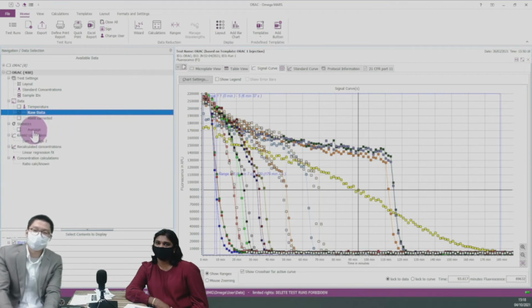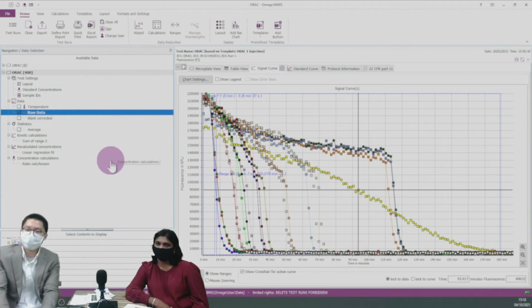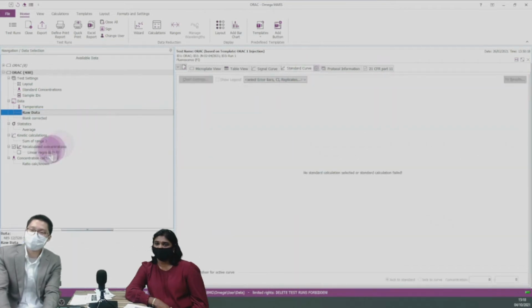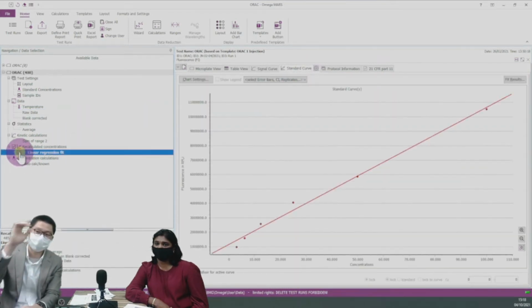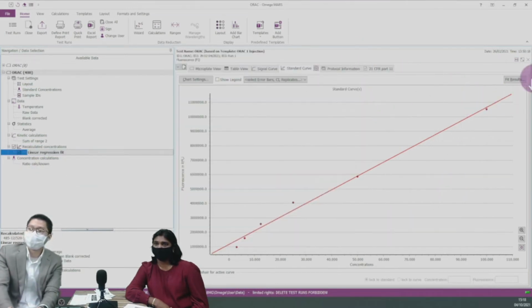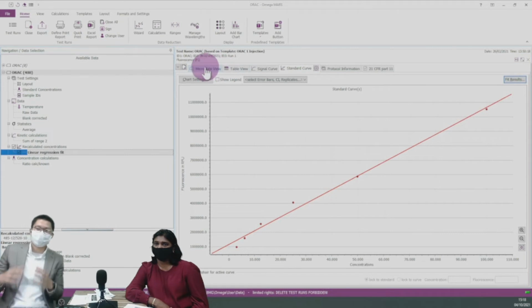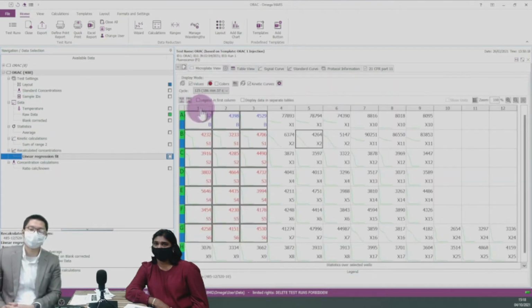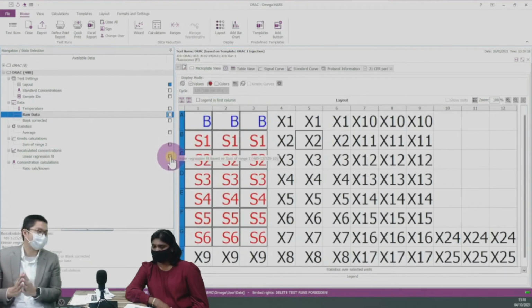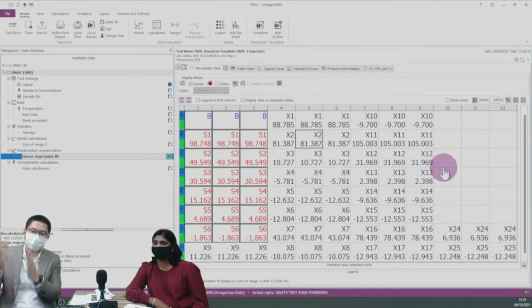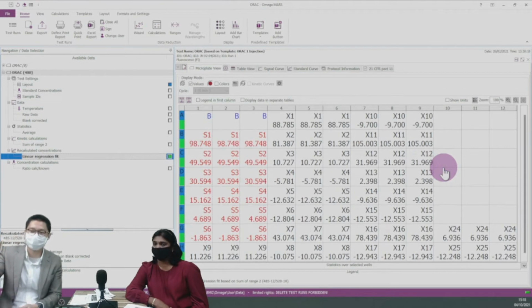We can also do all sorts of things, blank correction, average, because we have triplicates and blanks here, and we can apply all this data there. The next thing that I'm going to show is the standard curve creation. All these are already done automatically, so you just need to tick to show the curve. Here we have quite a nice standard curve based on the Trolox standard that we use, and these are the fit results. Using that standard curve, we can automatically calculate the final data that we want, which is the ORAC value, using this method. Just tick that, and then you can see the concentration of the unknown samples here.